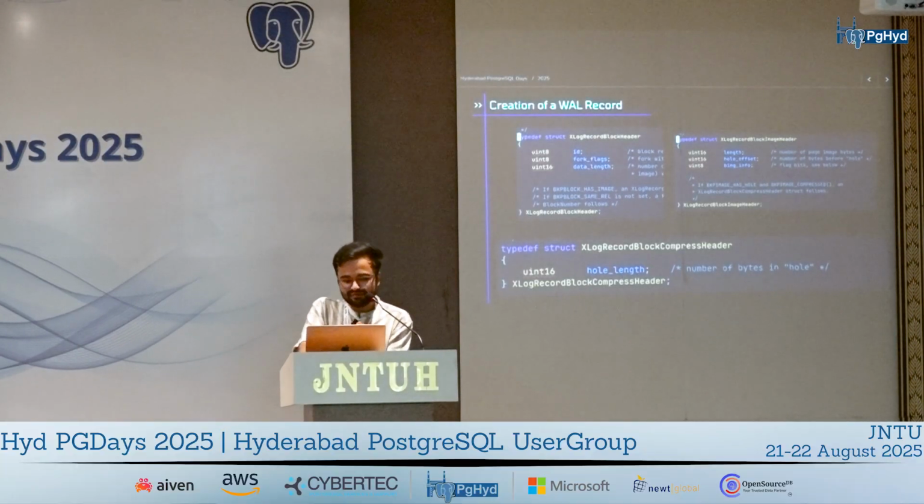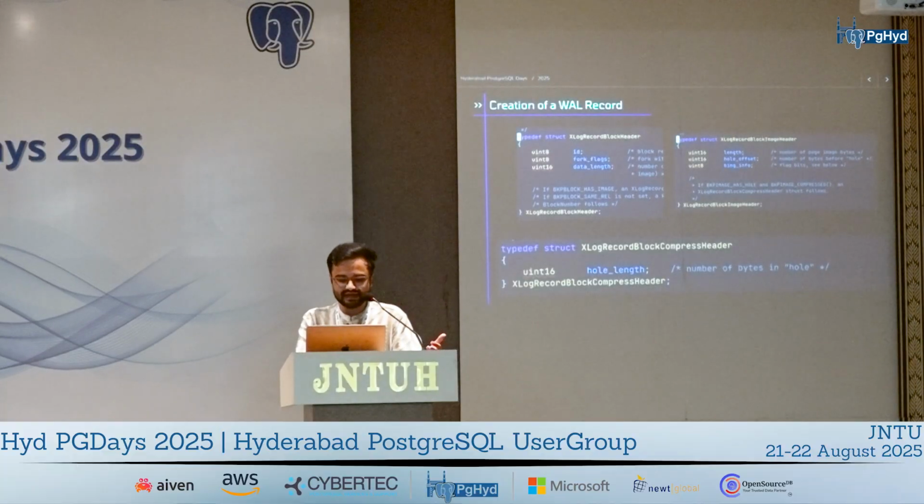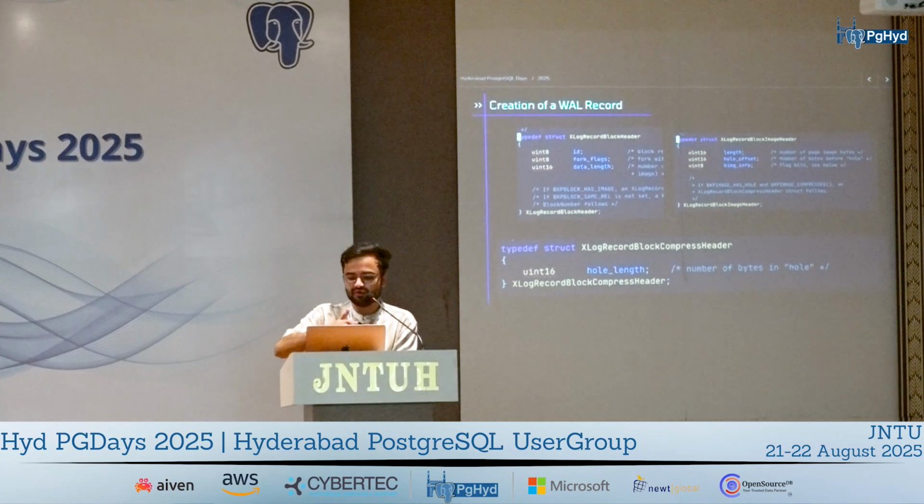When those tuples are removed, Postgres doesn't automatically move the remaining data to cover that memory until a vacuum is run. Those empty spaces within a page are termed holes. So the image header consists of information about that, and the block compress header is a more detailed version of the same image header.